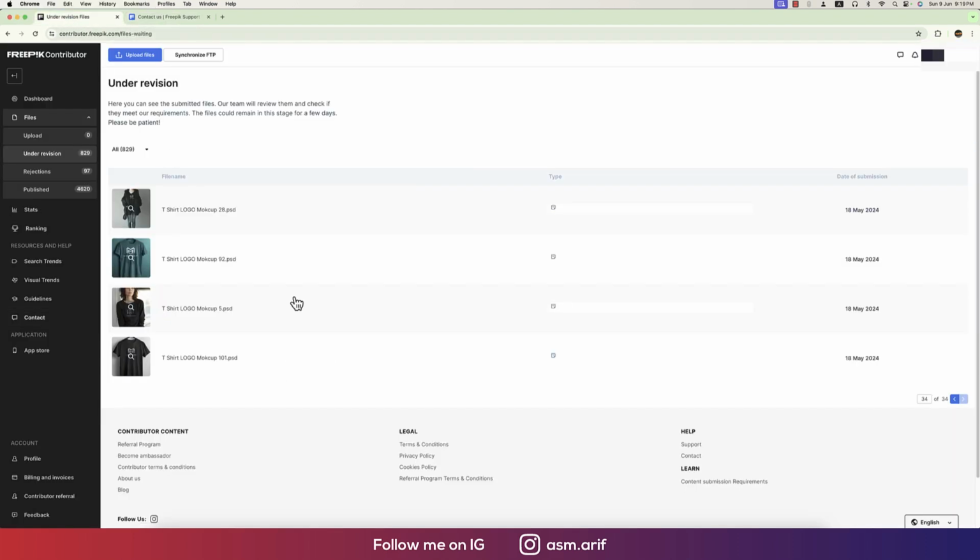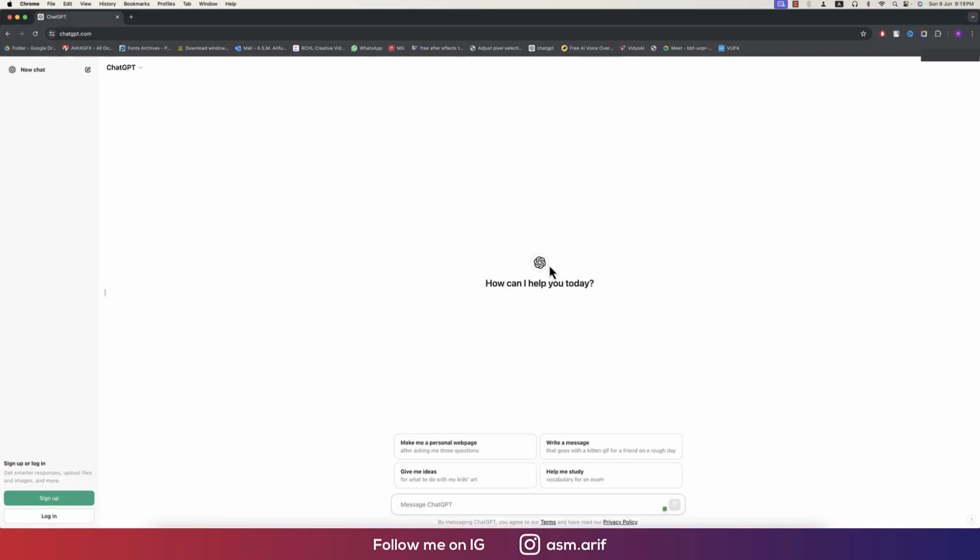And here, what should you write? Take the date from here, the last date. I'm copying this one and going to ChatGPT. I'm using the free version of ChatGPT, just providing it there and writing down,